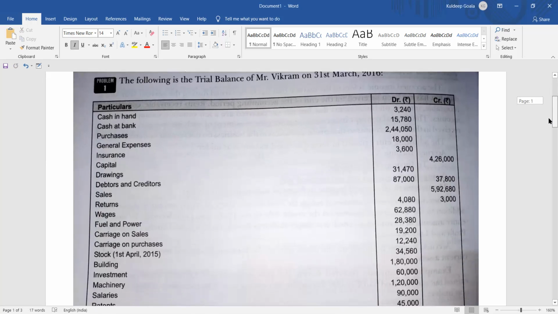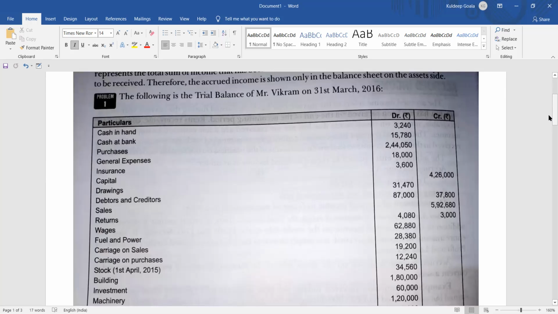सो हम लोग देखते हैं यहाँ पे क्या है। The following is a trial balance of Mr. Vikram on 31st March 2016। 31st March 2016 को मिस्टर विक्रम का ट्रायल बैलेंस है वो ऐसे अपियर कर रहा है। क्या हो रहा है? कैश इन हैंड 3240, कैश बैंक। अच्छा, हम लोग एक काम करते हैं, हम लोग जैसे जैसे ट्रांजेक्शन आइटम मिल रहा है हम लोग मार्क कर लें कौन सा आइटम कहाँ पे जाएगा। ठीक है, एज यूजुअल ट्रायल बैलेंस जैसे हम लोग पहले किए थे वैसे ही करते जाएंगे। बस you have to remember that while making the adjustment you should know that there will be two or more than two sites of posting। ठीक है, दो या दो से ज्यादा जगह उसका पोस्टिंग होगा।